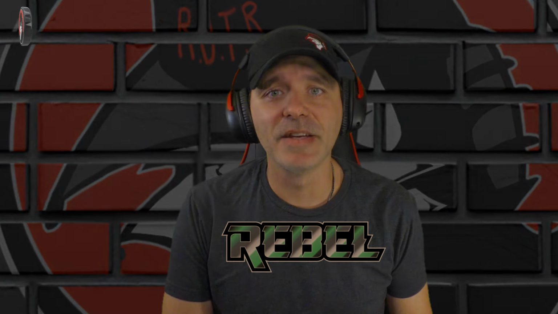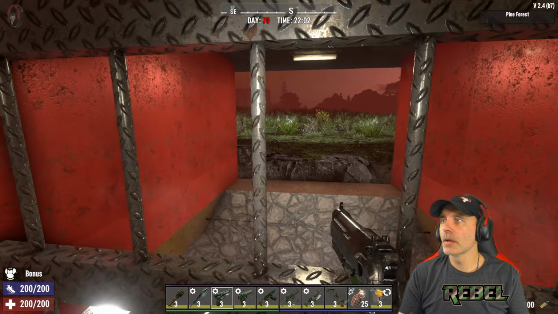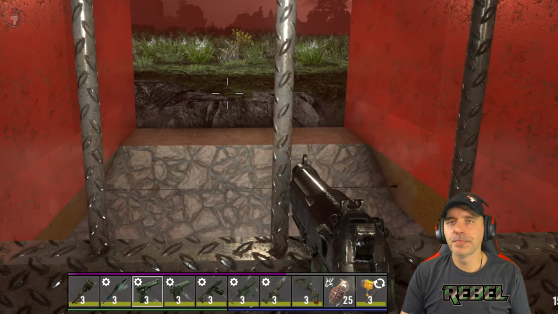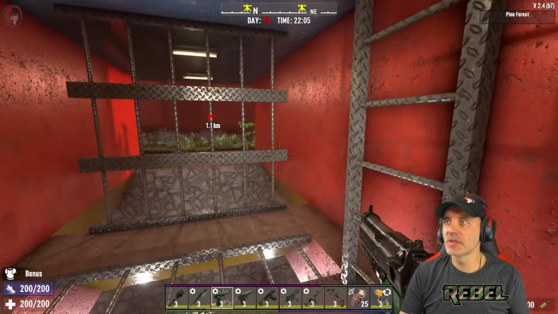Alright, we got creative mode off, dev mode off, set time day 70, 21:58. Here goes nothing. Welcome to the Pit of Punishment Horde Base. Oh, and I think I missed this. I also have grenades. I intentionally grabbed grenades, but I forgot to...